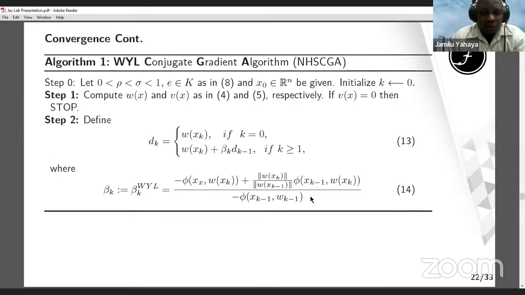So here, we also establish the convergence of the Wei-Yao-Liu conjugate gradient method without the sufficient descent condition,